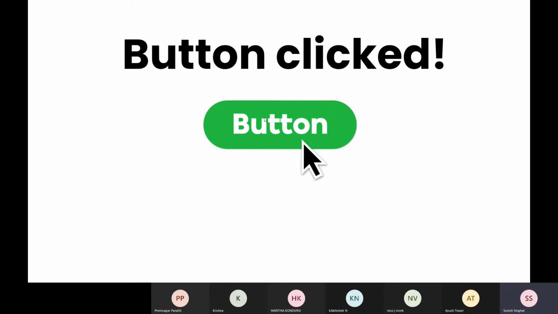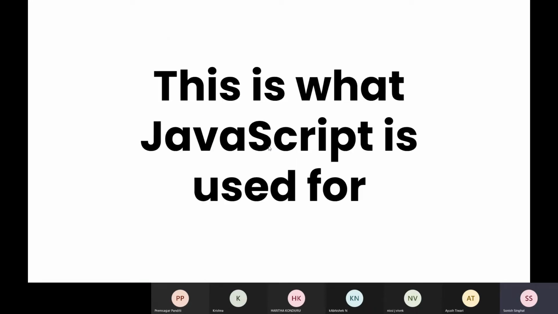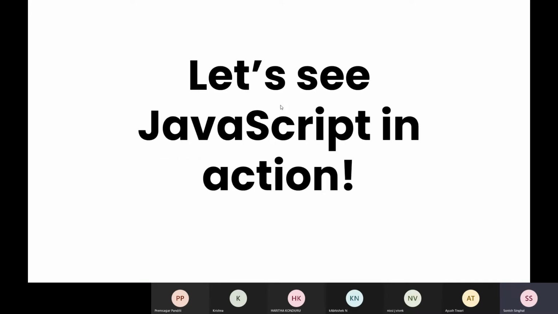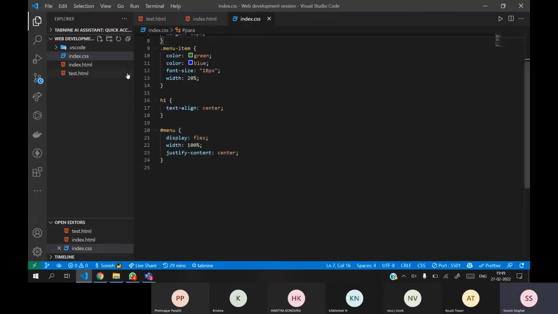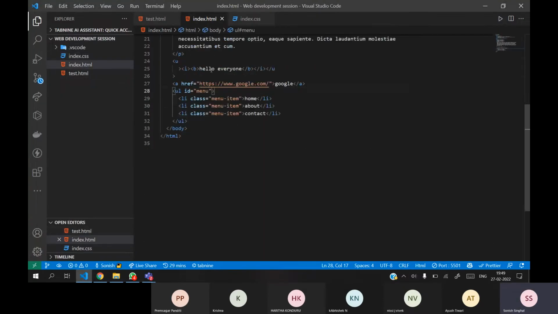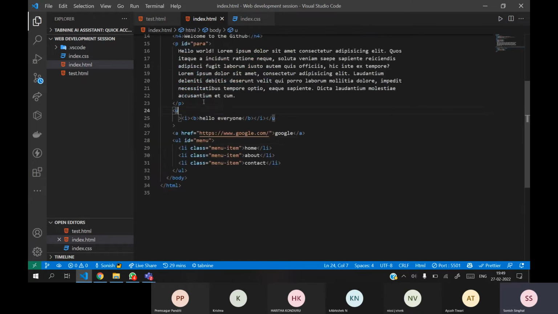Suppose you click a button and you want it to change to "button clicked." For this we will use JavaScript. So what is JavaScript? Let's see it in action. Suppose I want to show you code in JavaScript. I want to create a button.